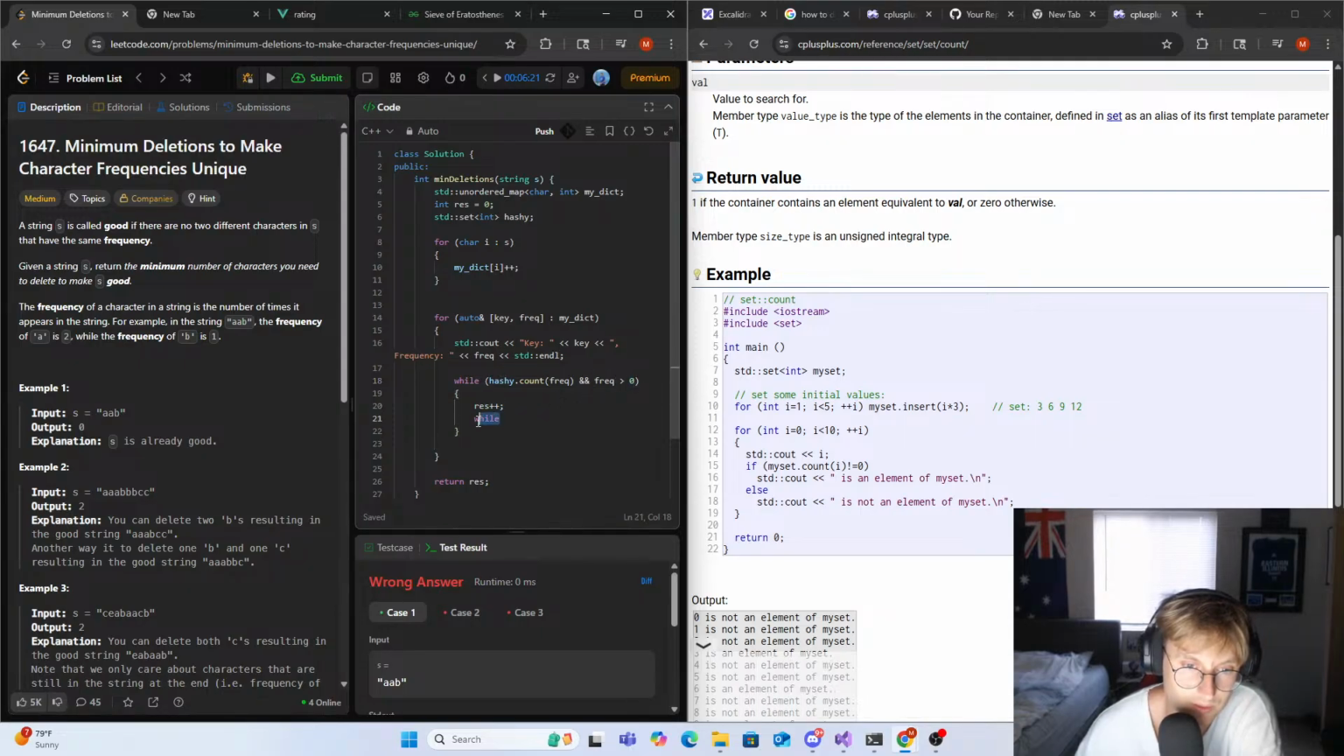Frequency is greater than 0. What do we want to do? Increase our res, right? And then we probably want to decrease our hashi here, right? So probably,